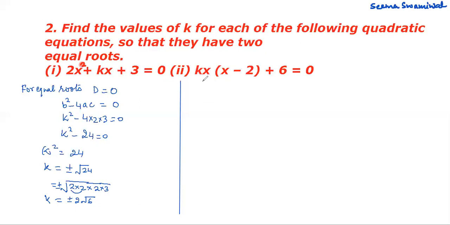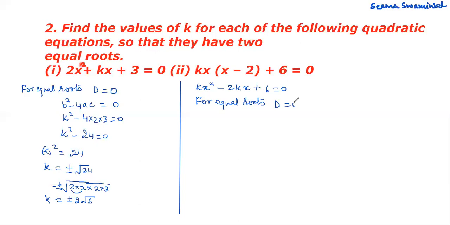Now simplify this equation. This is something different. Now here the second part, in the second part, the equation given is not a quadratic equation. So first of all, you will simplify it and bring it in quadratic form. So 2kx plus 6 is equal to 0. Then again he is giving us that the roots are equal. So for equal roots,